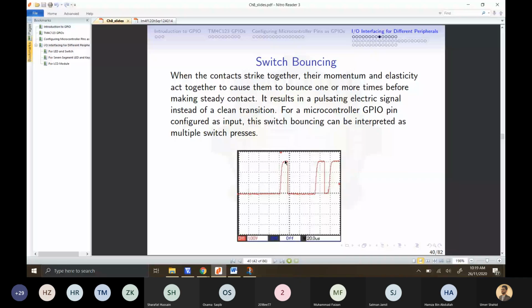So in this case, we have to configure some switch debouncing program with the hardware so that it avoids these debouncing or bouncing errors. This is called a debouncing error, or simply a bouncing error. It will result in a pulsating electric signal instead of a clean transition. And if you are using a microcontroller GPIO pin configured as an input, the switch bouncing can be interpreted as multiple switch presses. We are pressing the switch at a very high frequency, so it will generate an